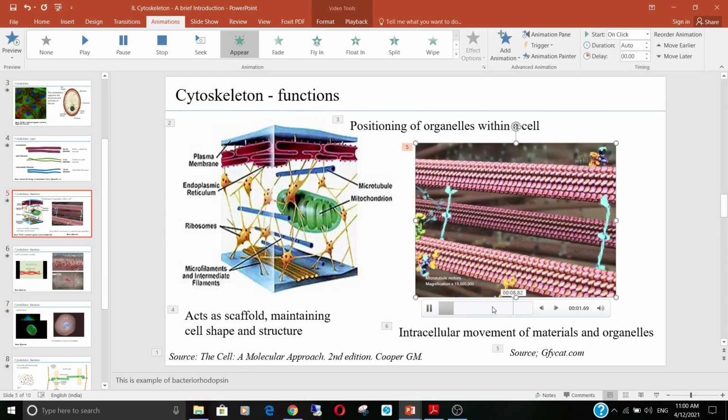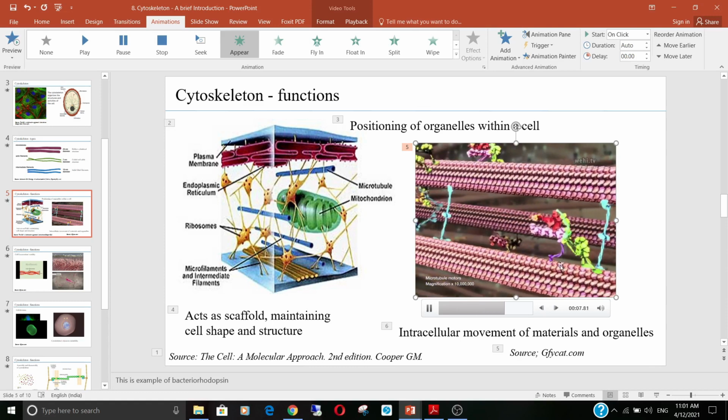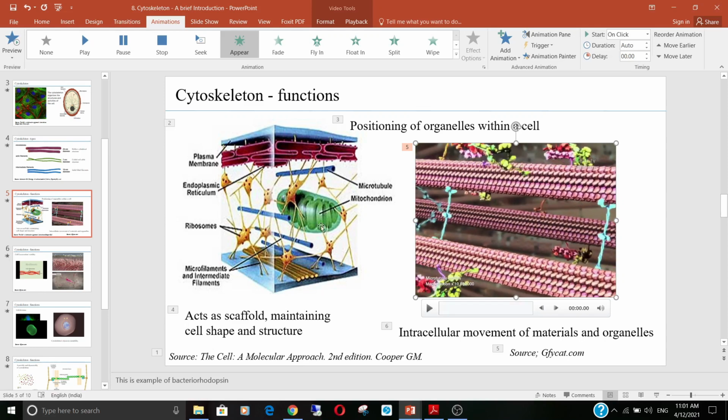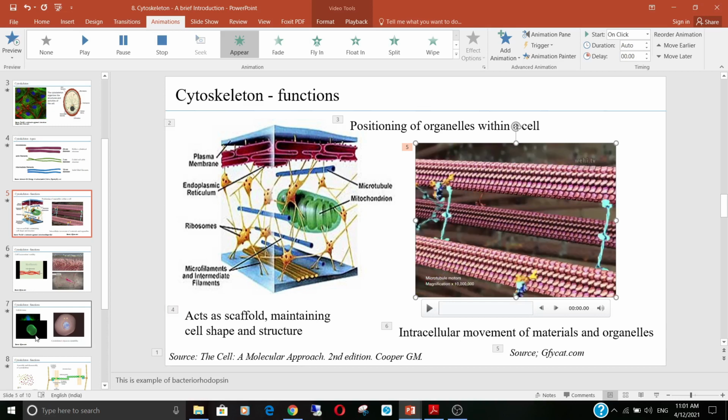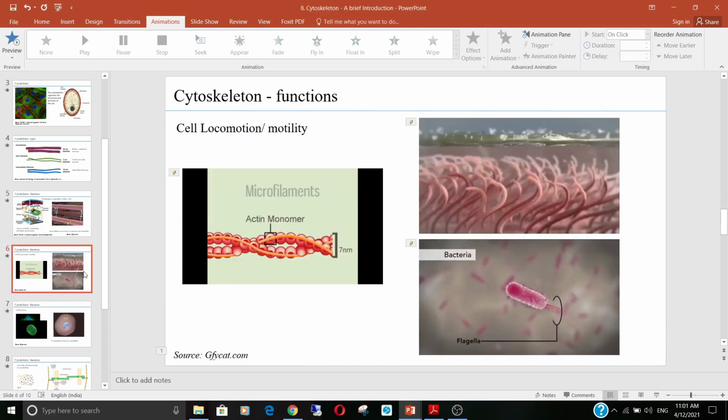Okay, so you can see, before I go into cell motility, how on the tracks you have the molecules moving. This is how you have, within the cell, organelles and molecules moving. Now let us come to other types of locomotion or motility that is associated with the cytoskeleton. So for example, let us take microfilaments, and we all know that muscles are made up of